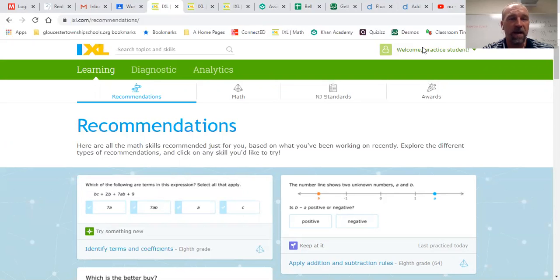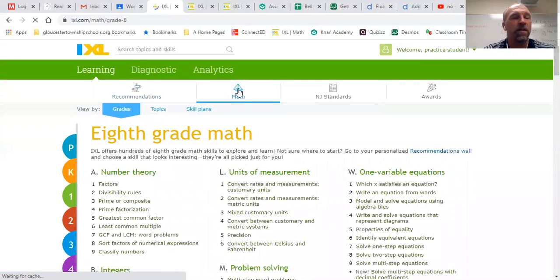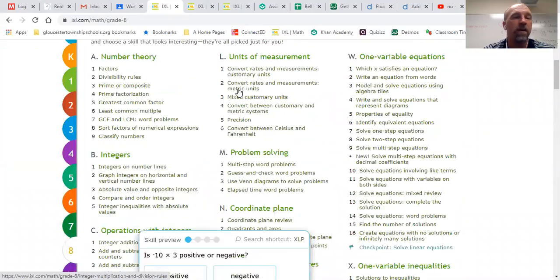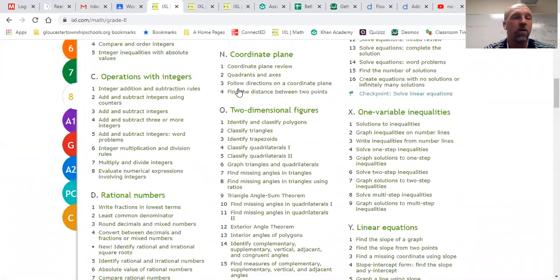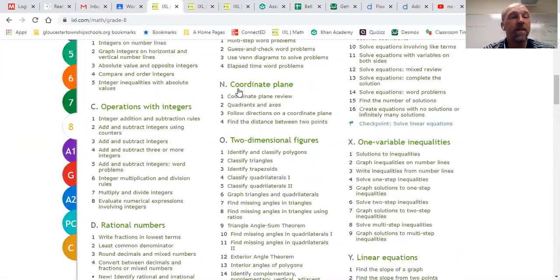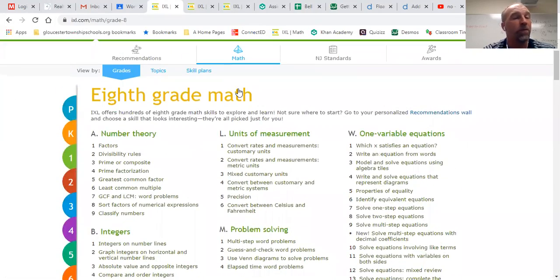So what class are we in? We're in math. So my learning is the highlighted tab. See how there's a little arrow there? I'm going to slide over here to math and click on math. It brings you to a list of all of these skills that they have. And they have them for all grade levels from preschool all the way up to calculus, which is extremely advanced math. Most of you probably used the program before, and you probably are right now in 7th grade math as your